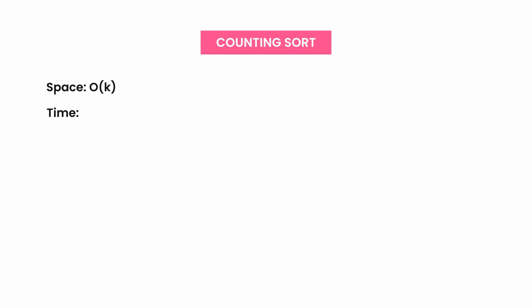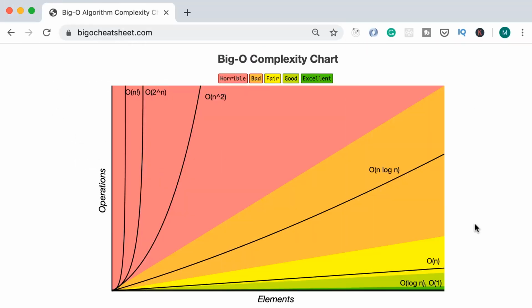What about time complexity? Well, first we need to populate the counts array. Doing so requires iterating over the input array. This is an O of n operation. Then we need to iterate over the counts array and refill the input array. This is an O of k operation. So the time complexity is O of n plus k, which we can simplify to O of n. So it's linear. Here on BigOCheatSheet.com, you can see that an algorithm with linear time complexity is much faster than